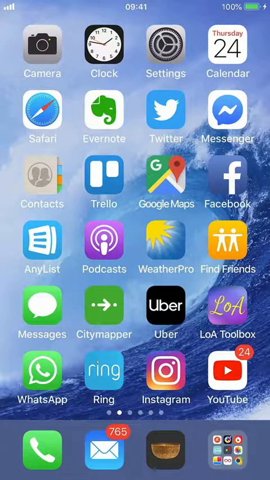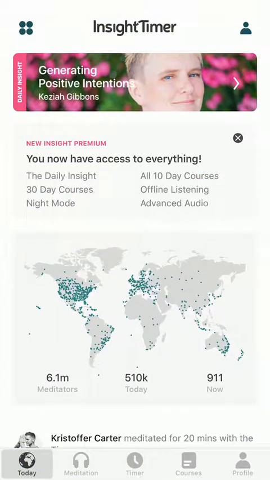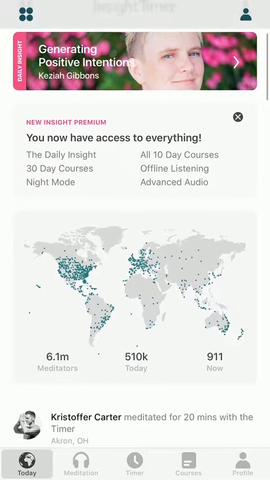I keep the app parked right on the home screen of my phone. I'm going to tap on it here at the bottom to open it up, and we'll start with the bottom left hand corner. You see a globe there and it says Today. That's the screen we're in right now, and that shows you where in the world people are meditating right now